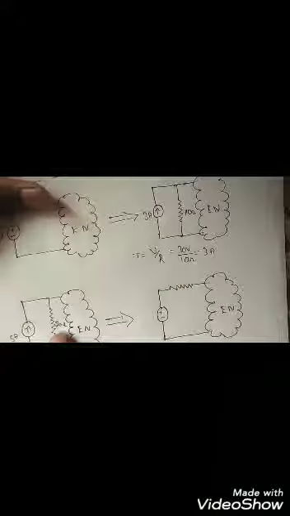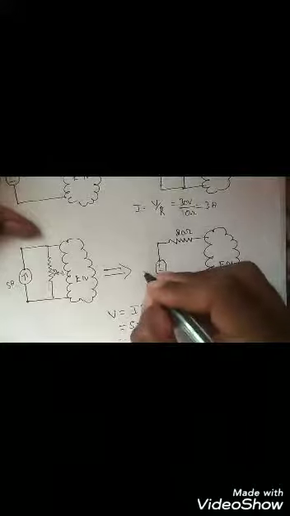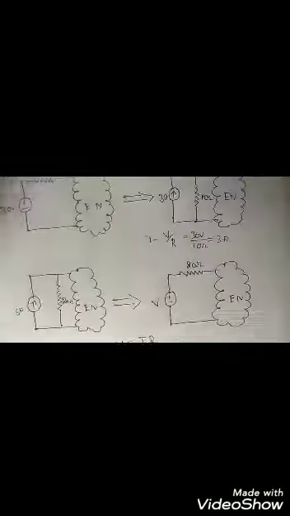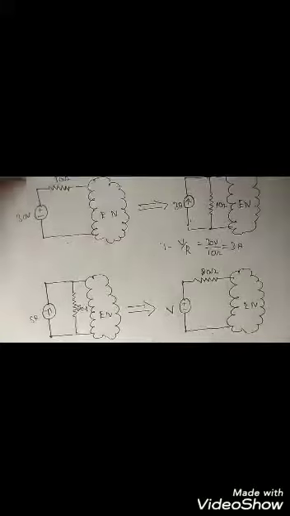This circuit is connected to some electrical network. So the value of the resistor remains same, that is 20 ohm. And this voltage is calculated by using V is equal to I into R. Here the value of current is 5 ampere into the value of resistor is 20 ohm, that is equal to 100 volts. This voltage is 100 volts. Now we saw how we can convert voltage source into current source and current source into voltage source. So let us apply this concept in this diode circuit.